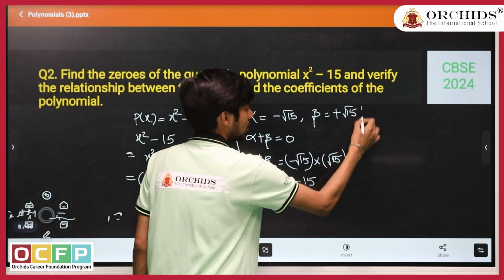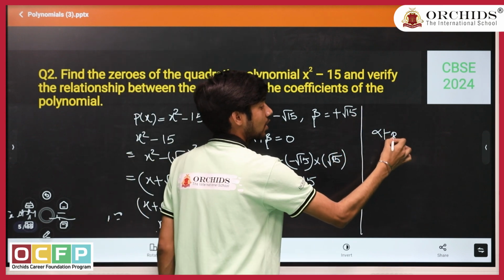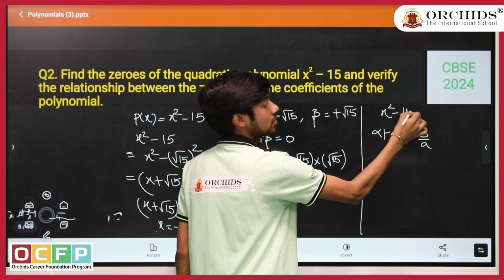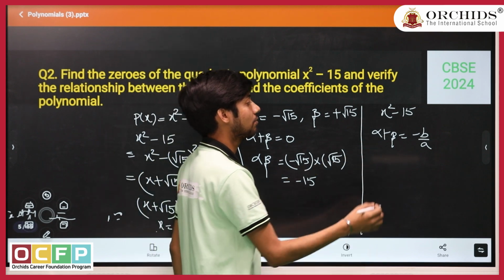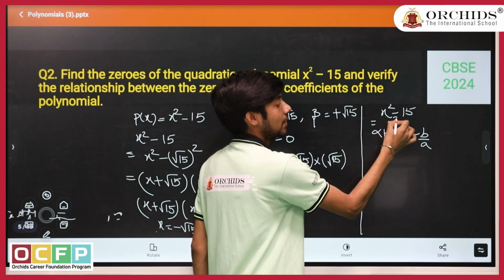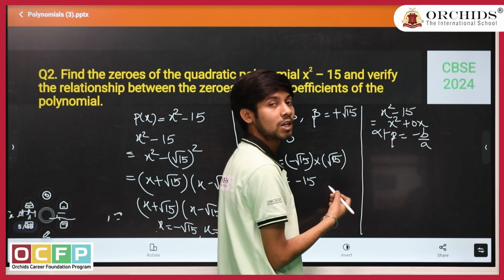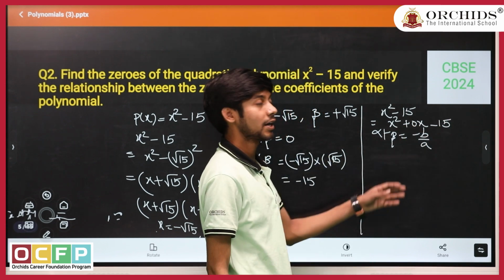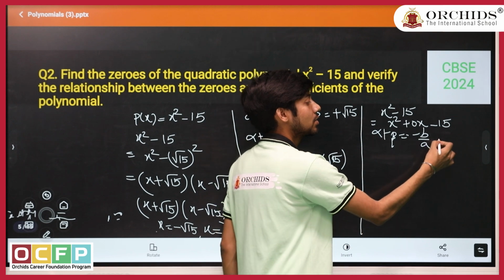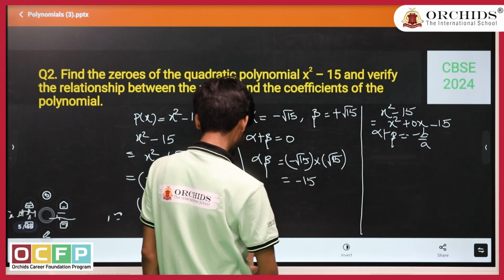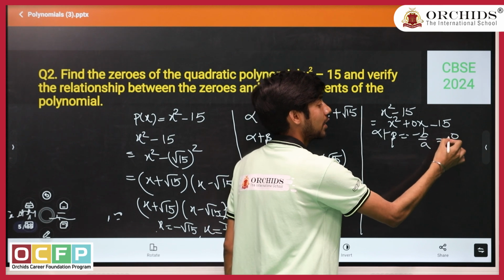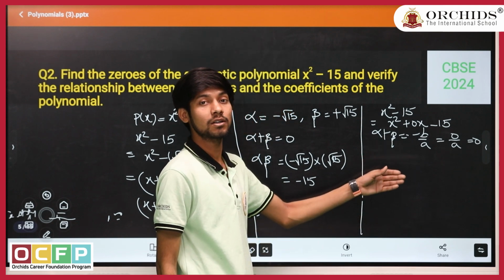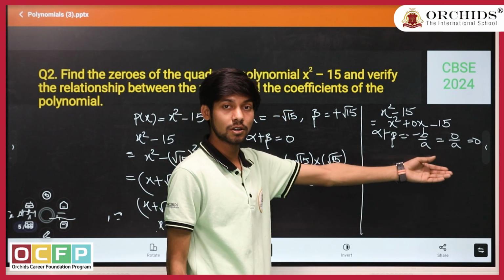Now we know that sum of zeros, alpha plus beta, is equal to minus b by a, and our given polynomial is x square minus 15. We can write this in the standard form of quadratic polynomial, that is ax square plus bx plus c. Here no term of b is there, so we can write 0x plus c. So we are getting here b is 0. So if b is 0, 0 by anything will get 0. So we can see that alpha plus beta, that is minus b by a, is also equal to 0,